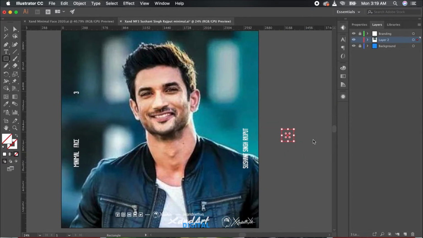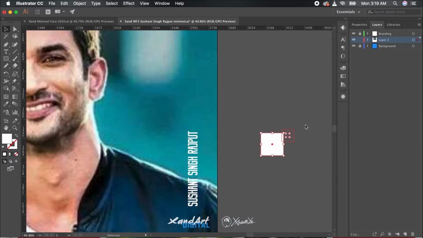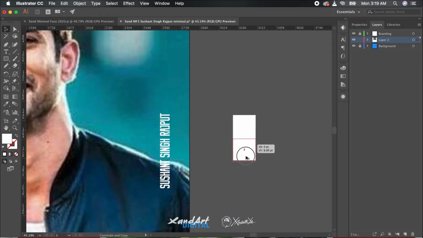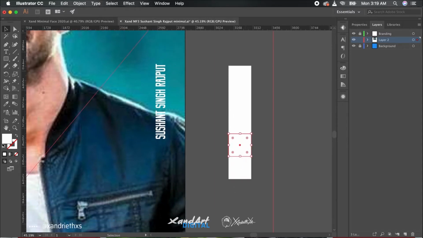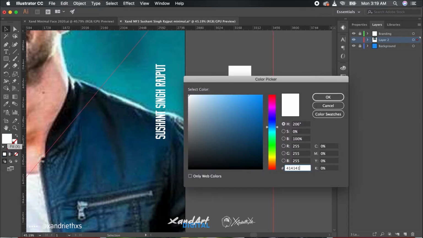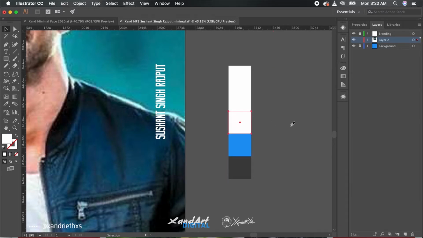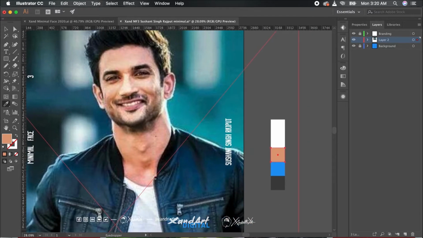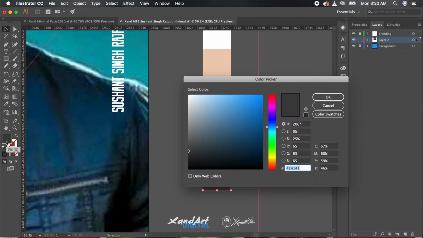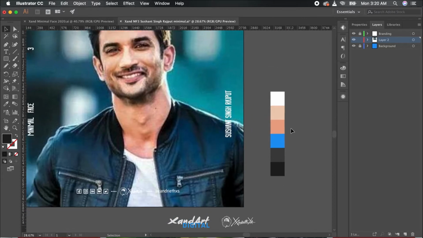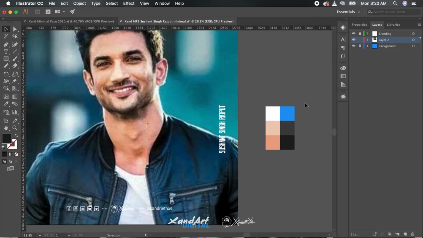Now we will start by creating a color palette that we will be using throughout the process. For this we will have two sets of hues for every color, and if you have been following me before, you know I have a brand palette of blue and gray, so I will keep that constant, and you should have a constant brand palette too, irrespective of what you're doing, unless it's a commission project or you're doing it for a client, in which case we'll be using their brand palette.